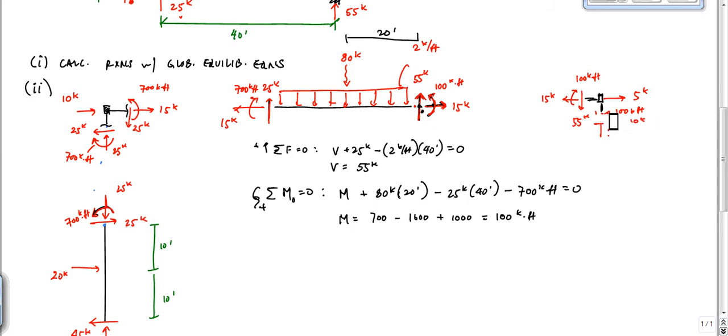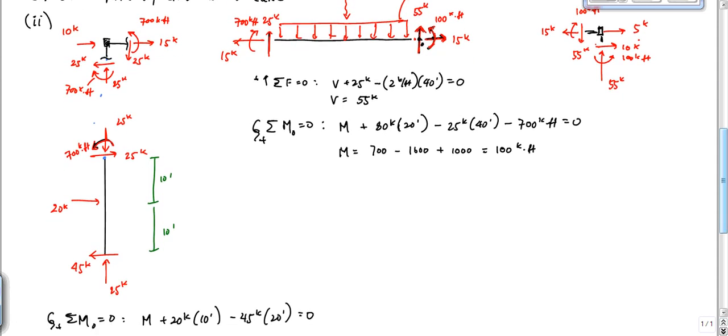Hopefully that wasn't too sloppy. That looks kind of sloppy. Let me do that one more time. Let me correct that here. This would be 10 kips going this way, the 55 going upwards, and then the moment right here, 100 kip feet right there. And then now the last member over here,